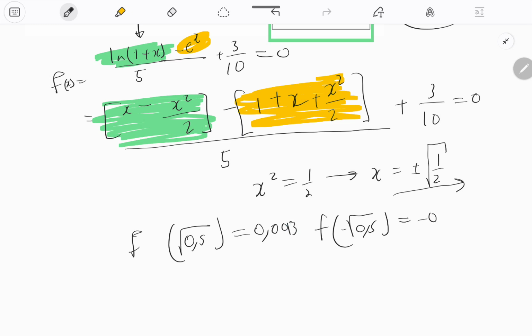Plug in negative one, you get negative 0.04. These numbers are good numbers. Remember,